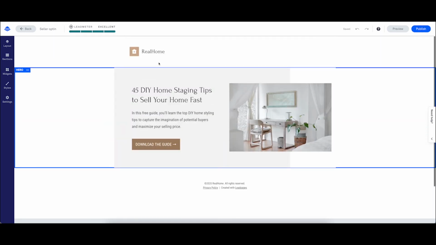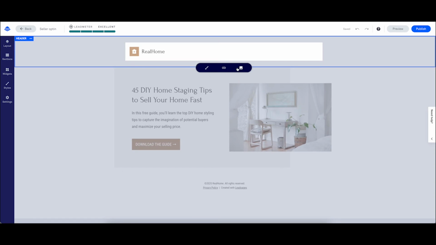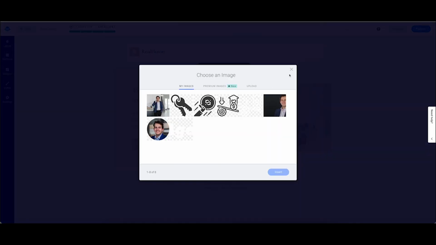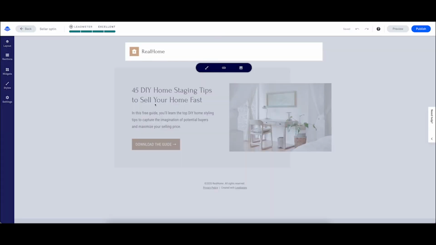You can change the font. You can put your own logo on there just like this. It's extremely easy to use, okay? So then once you've got a landing page created, if you want to do it that way, if you want